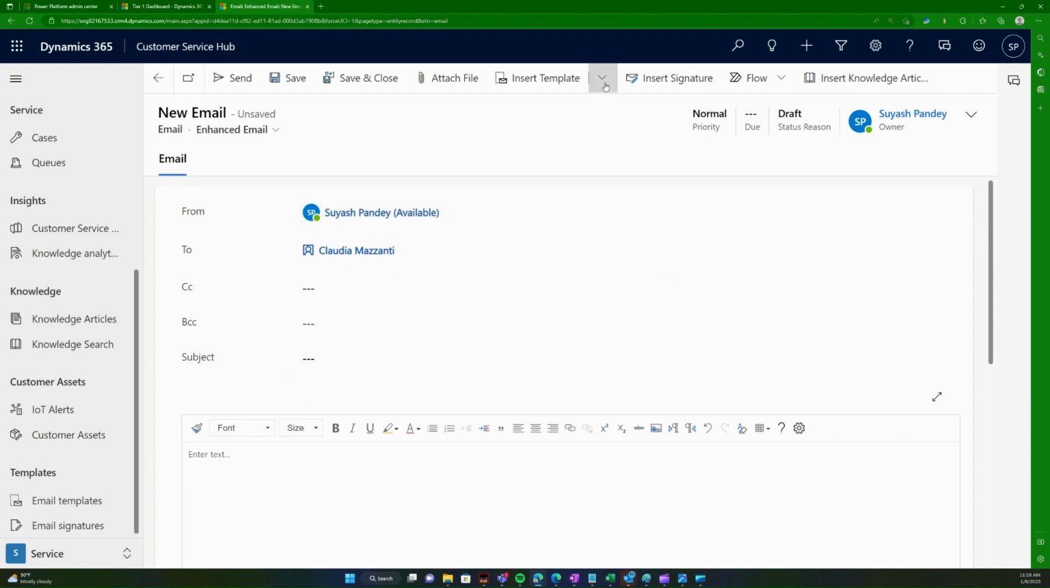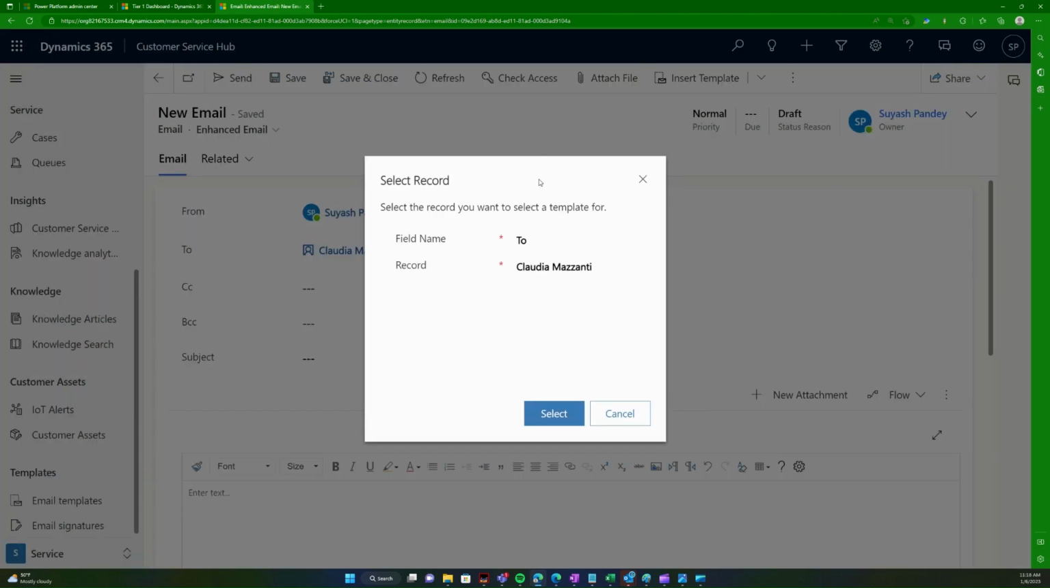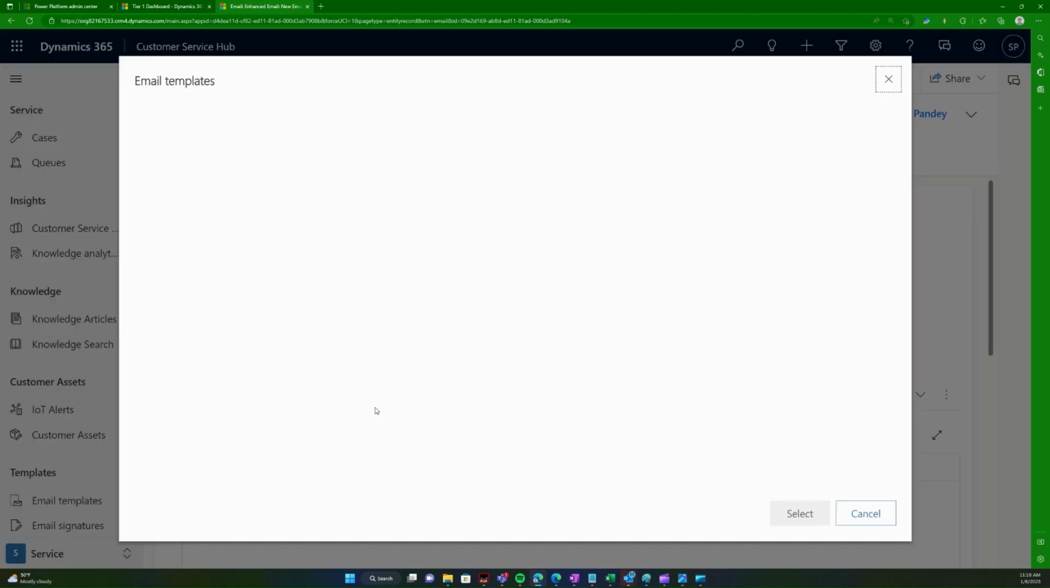Here is where you have the option to insert a template by clicking here. When you click on insert template, it asks which case field you want to map it to. Do you want to map it to the customer? In that case, you can use all the customer-related templates. Or do you want to use regarding? In this case, we're going to use regarding because we want to use case as a base entity. If I use "to", then I would only see the templates that are configured for accounts or contacts. If I use regarding, I will be able to see it for the record case. You see how it changed. And when I click on select,